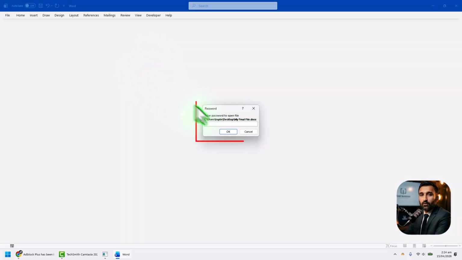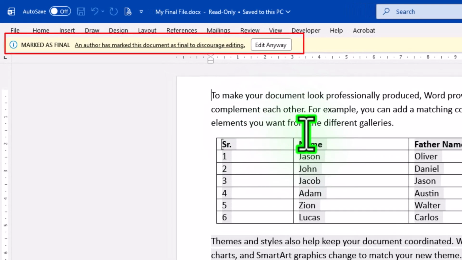Today, you will learn multiple ways about how to restrict editing in Word document so people can read your document